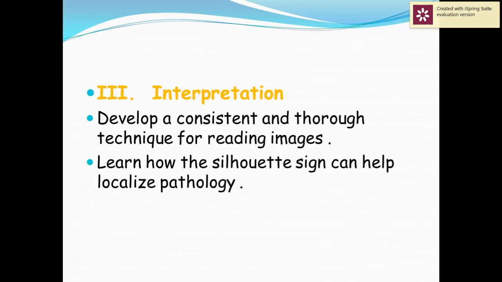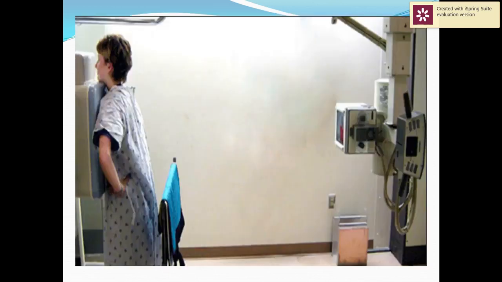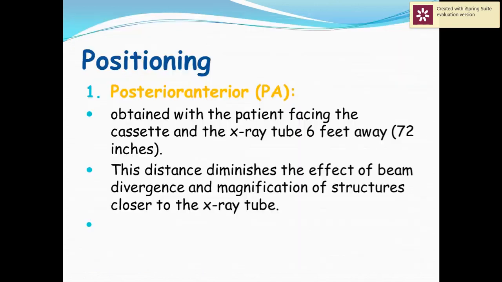How to interpret the normal chest X-ray: learn the silhouette sign, which can also localize the pathology. As we see here, we always prefer the X-ray to be the posterior anterior view. Positioning the patient: the patient should be facing the cassette and the chest X-ray tube almost 6 feet away, that is 72 inches. Distance is very important, rather than for the people who have